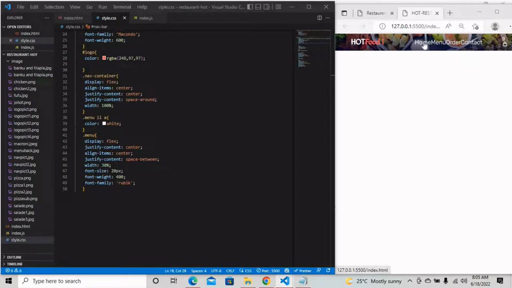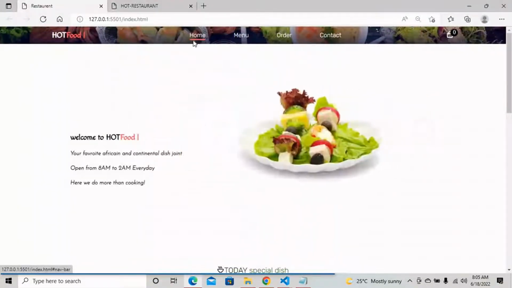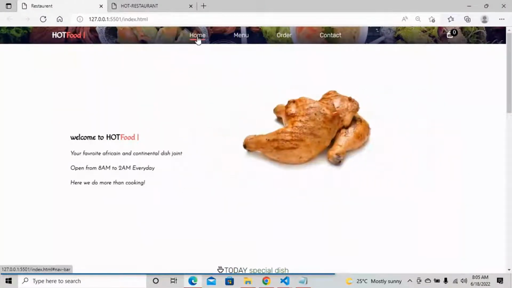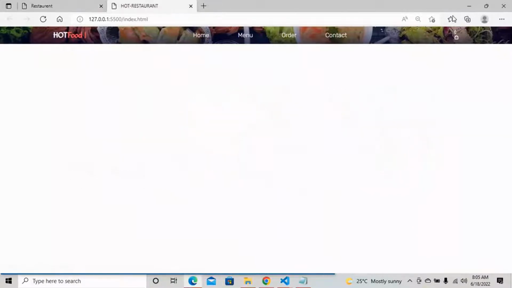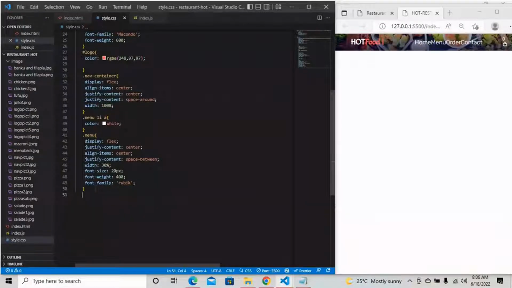But one thing again, we have to make our element hover. When you put our cursor on it, you can see there's a kind of small bar which appears at the bottom of the element, like home. So I will do the same thing here. To do that, we just do what? We come back to our CSS file, we just do dot menu